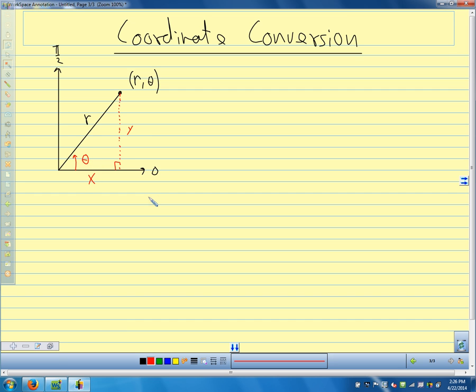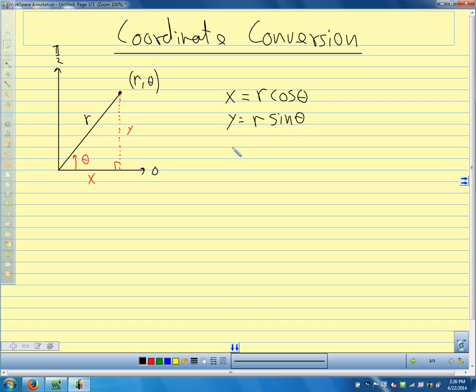And so this side is y, and this side is x, and here's my theta. So we're starting with this right triangle, and I can start writing my coordinate conversions. So with this right triangle, how can I write this side x in terms of r and theta? Do you remember? x has to do with the cosine, r cosine theta. x is r cosine theta. y equals r